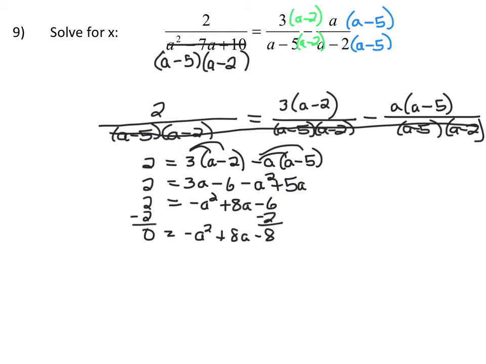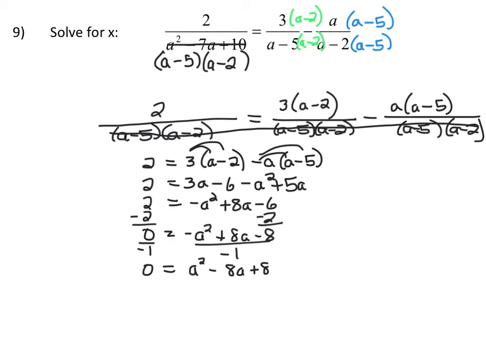If you just divide both sides of the equation by -1, okay, you could do it any of these ways, it's fine. Then you'll have 0 equals, and when you divide by -1, all these signs change. So we'll have positive a squared minus 8a plus 8. So from here, you want to say to yourself, all right, let me try to factor, make a t-chart,